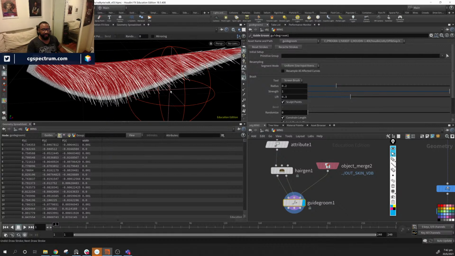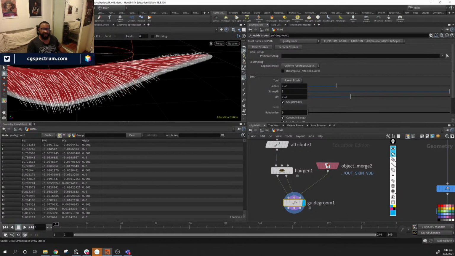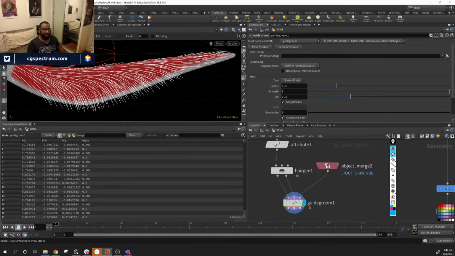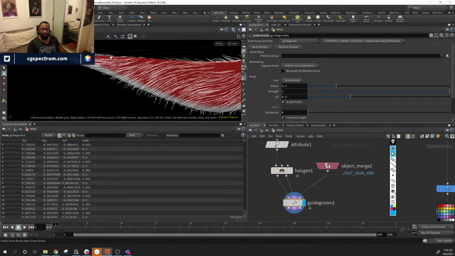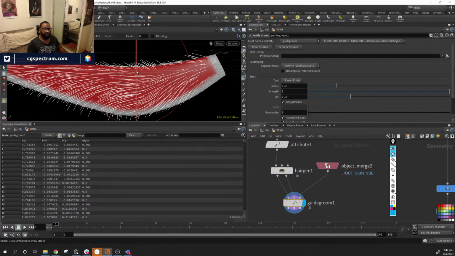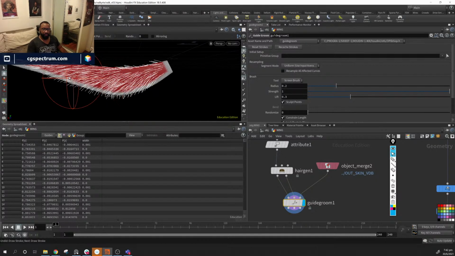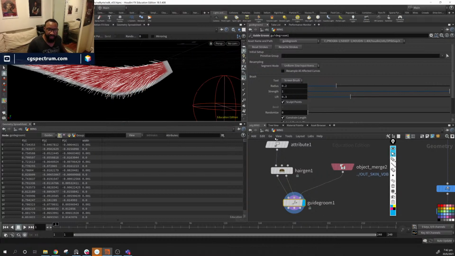But, I mean, this is the way to do it. I prefer to work more procedurally than this, but it's a way to do it. Like, if you want to just get in here and just straight up comb stuff in, that's one way to do it. So that's one way. I prefer to be a little bit more procedural about it. So one thing that we can do is